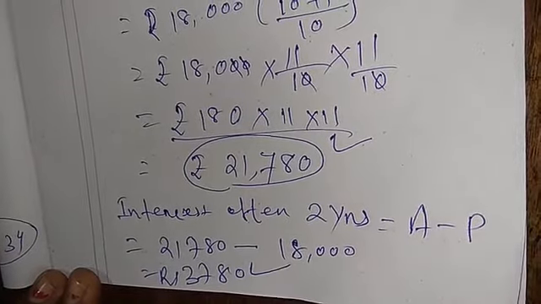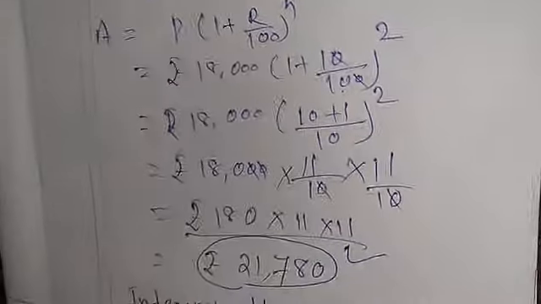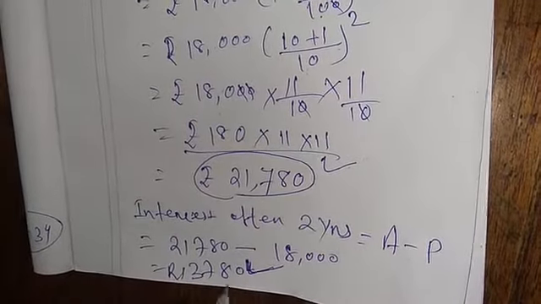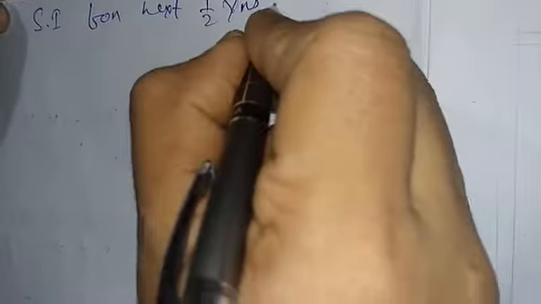So here compound interest after 2 years is 3,780. Then we take this amount as the principal of the next period. So simple interest for the next half year will be,